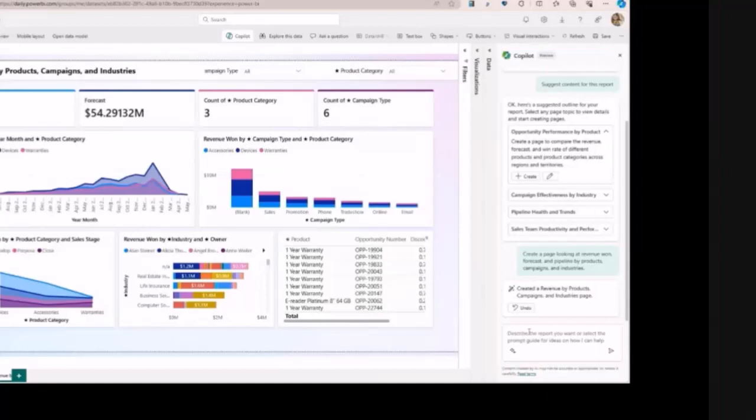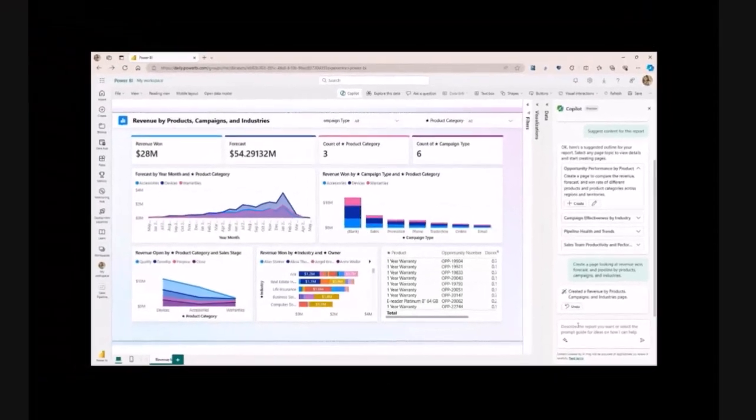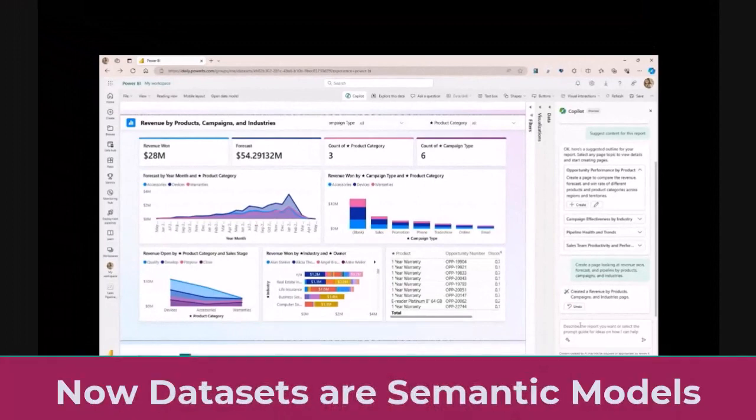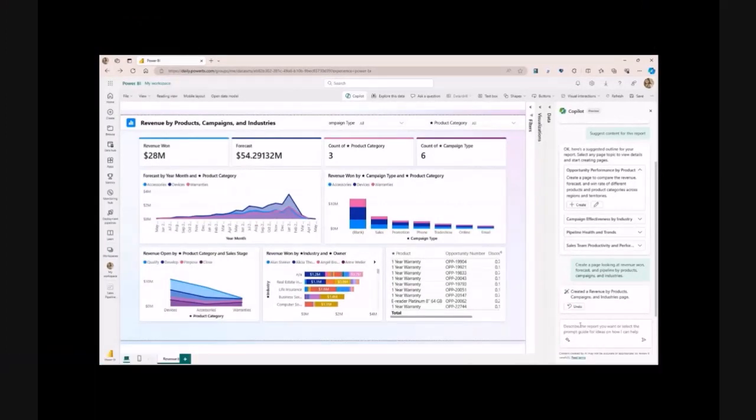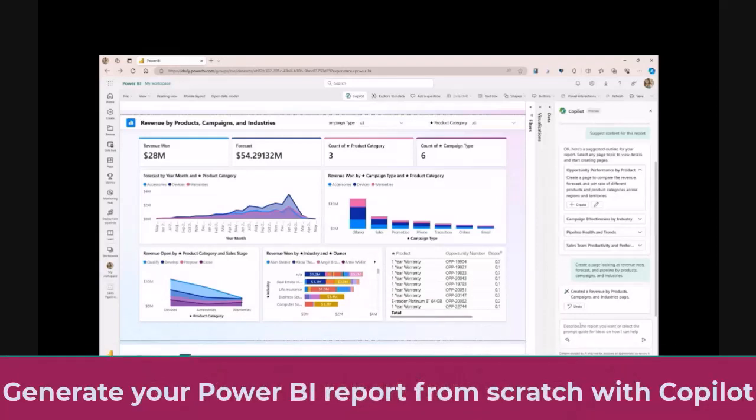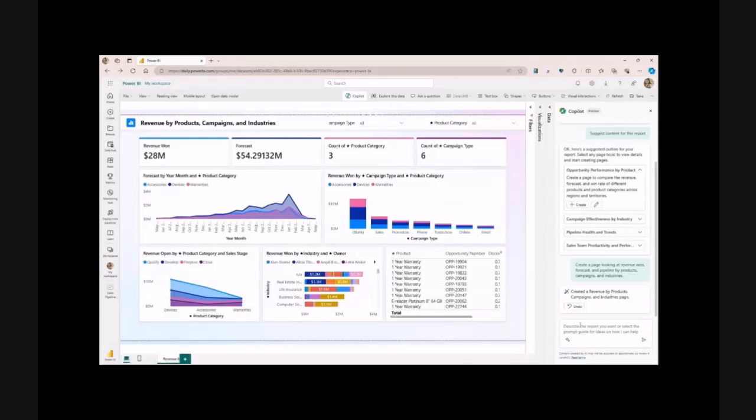You can get your semantic models and ask Copilot to create and generate Power BI reports and get all the insights based on your semantic model. So for Power BI users, in any kind of particular topics, you can bring and prompt Copilot to generate the report from scratch. So you can generate a summary, you can generate a new page, you can generate even, as you can see in this screen,